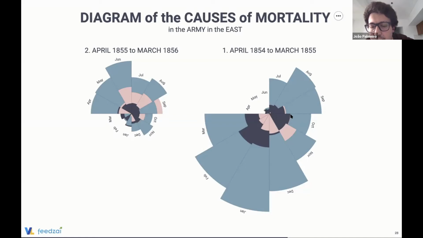Basically, since I used the defaults, I want this ordering based on the max value. So this will be drawn here, and then the next one will be this pink one, and then this black one. But maybe here you would like to highlight a different one because they are almost the same, and the black color is for other causes of mortality that maybe you are not so concerned about.